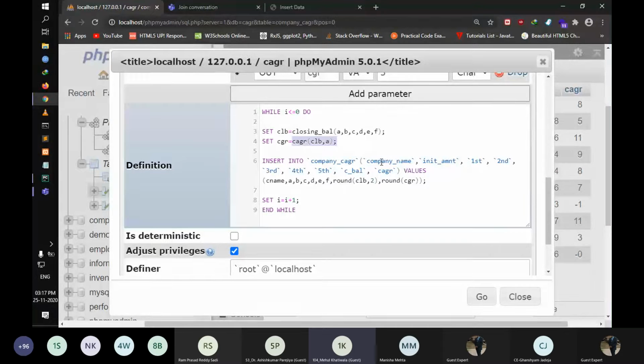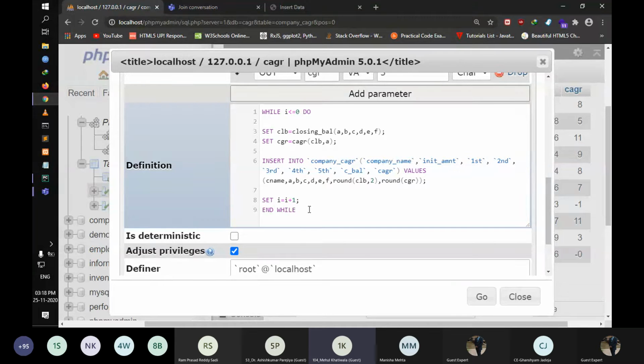So even if I'm not writing this while loop, it will work fine. Yes, that works, but you have to write this function into the insert query as well. Okay. Yeah, we can do it without the while loop as well. There's no issue in that, but we just follow a methodology because it becomes easier to understand the flow of the program. That's all. If you don't use a while condition and you write the set command, the set keywords, they will show you an error. Okay. Yes, that is the reason.